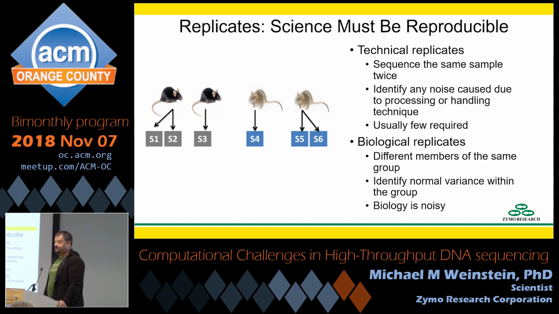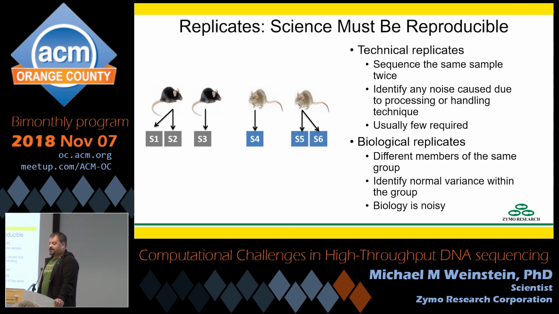There's technical replicates. A technical replicate is taking the exact same sample and running it through your pipeline twice. This is extremely useful for identifying things like if your technician is sloppy, or if your machine isn't being accurate every time. In computer science, I would say this is running the same set of data through the same function to make sure that the outcome is deterministic and not random, or occasionally to make sure that the outcome is random if that's what I want. With sequencing, you typically don't need a lot of technical replicates because the sequencing technology now is pretty reproducible. That said, it's always good to have.